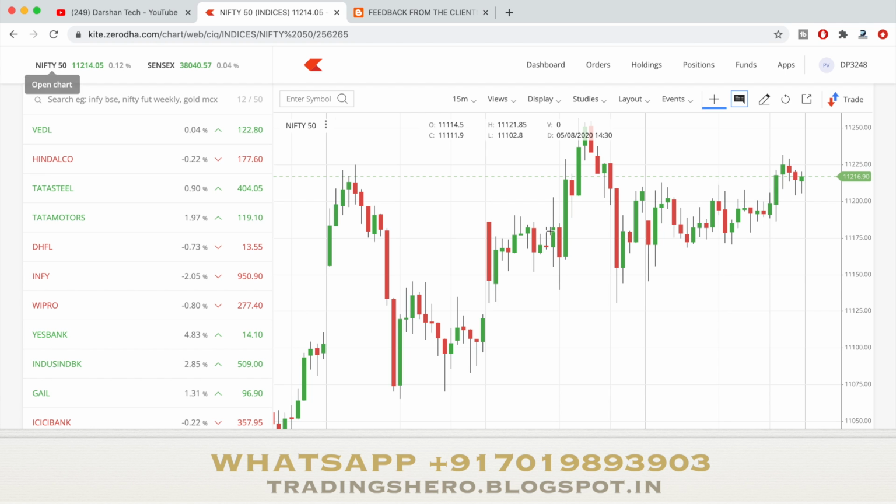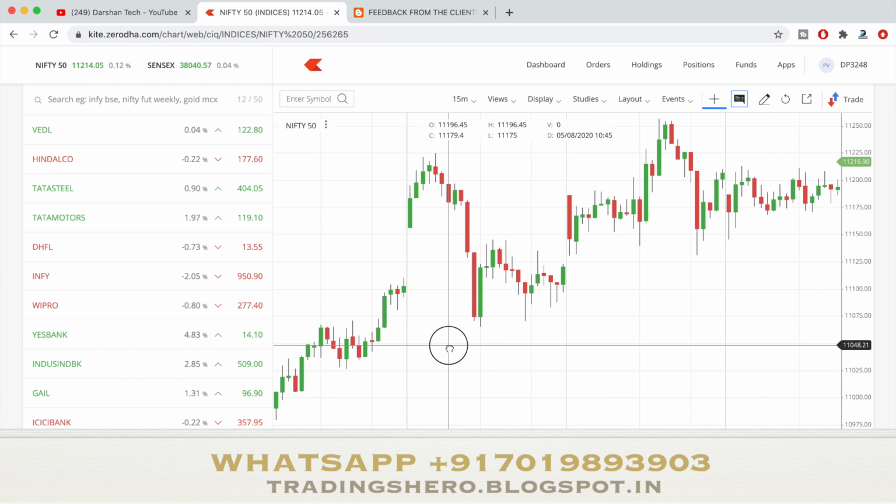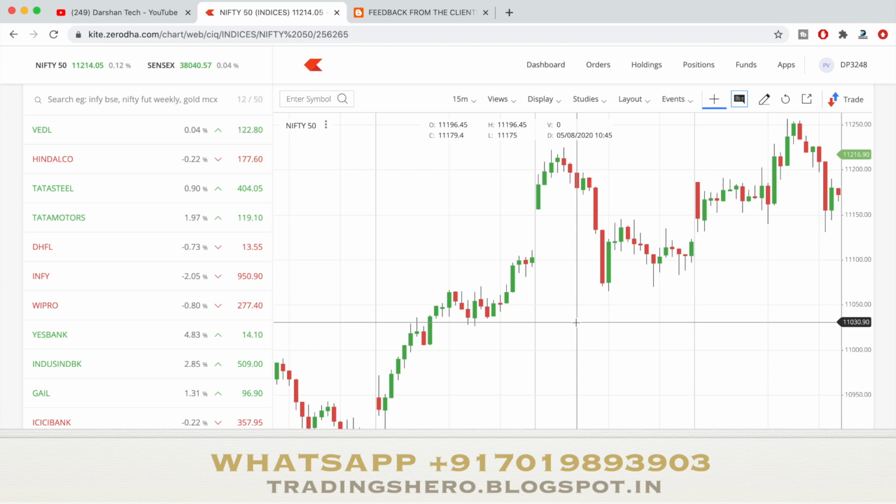So these are the stocks above 100 or 150 rupees, and those are the stocks which will give you good movement to make your entry and your exit. If you don't find movement in the stock, then you can't make a trade in intraday trading. And one more thing, keeping volume in your mind is very important.